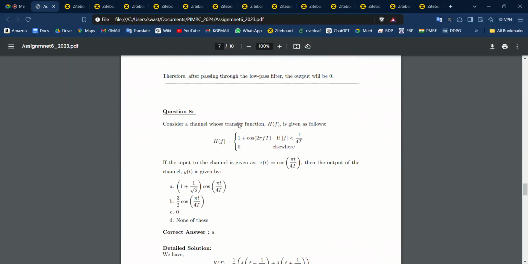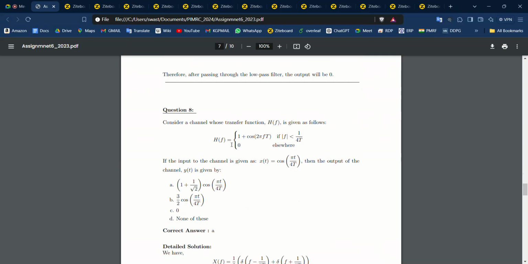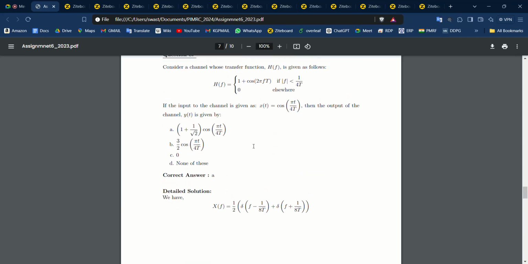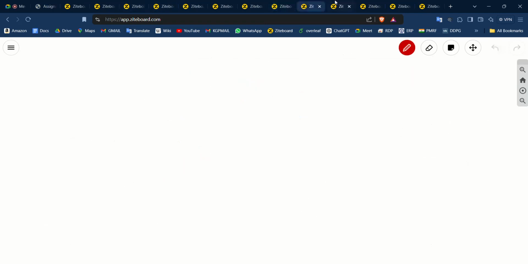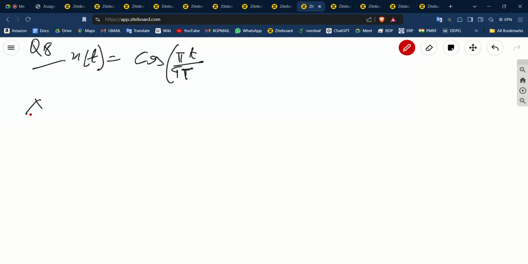Now moving to question 8. Consider a channel whose transfer function H(f) is given as 1 plus cos 2 pi f t, where mod f is less than 1 by 4T. If the input given to the channel is x(t) equal to cos(pi t by 4T), then what is the output of the channel y(t)? We have to first take the Fourier transform of x(t). So the Fourier transform will be